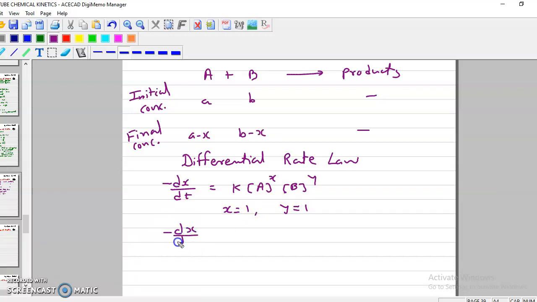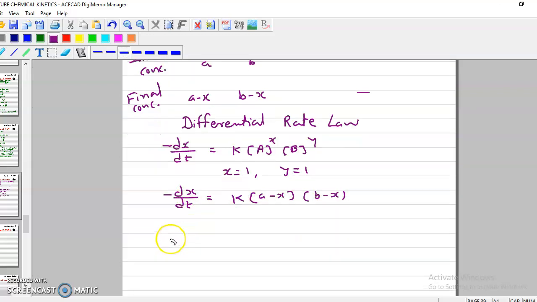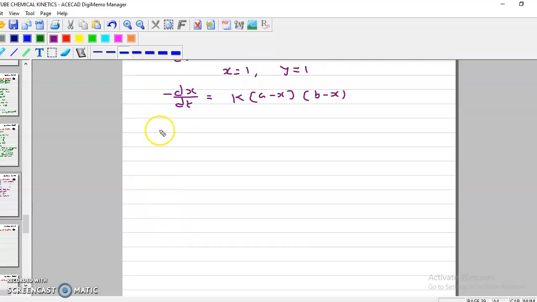So minus dx by dt is equal to k (a minus x) into (b minus x). Okay, change the sides. So we write minus dx upon (a minus x)(b minus x) is equal to k into dt. On integrating the above equation,